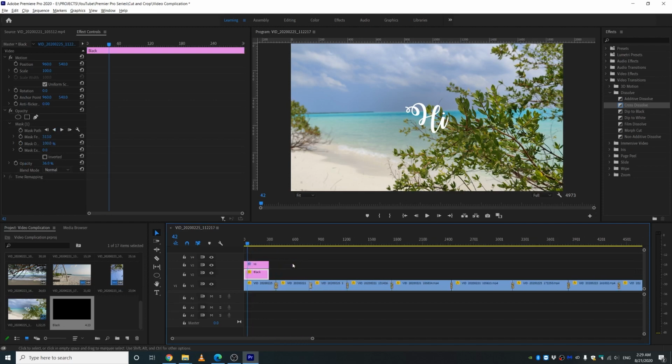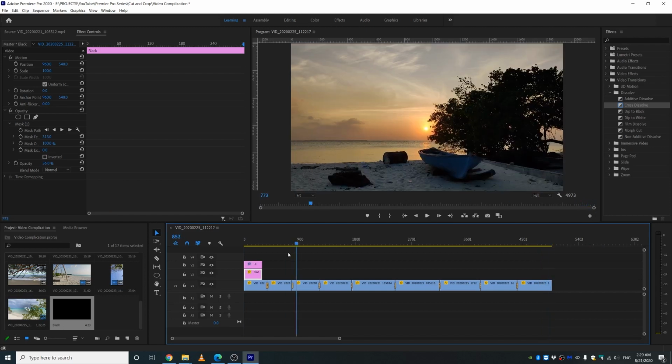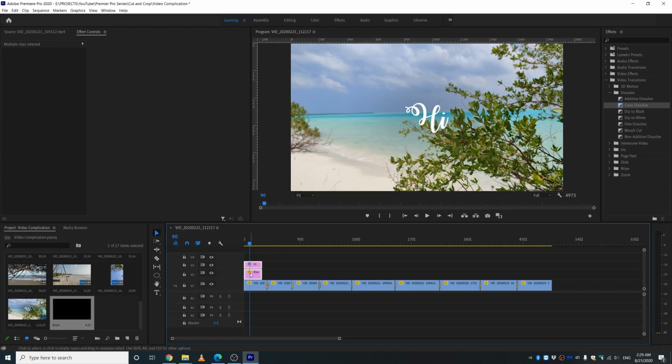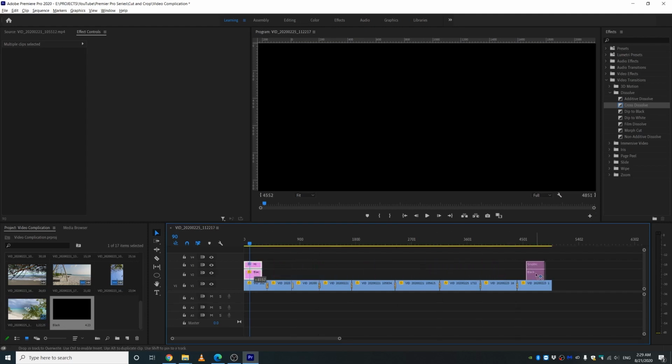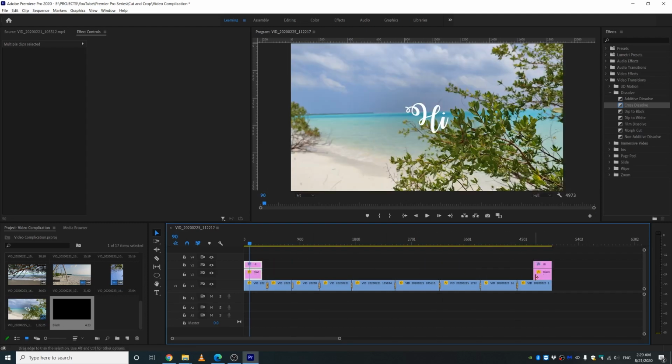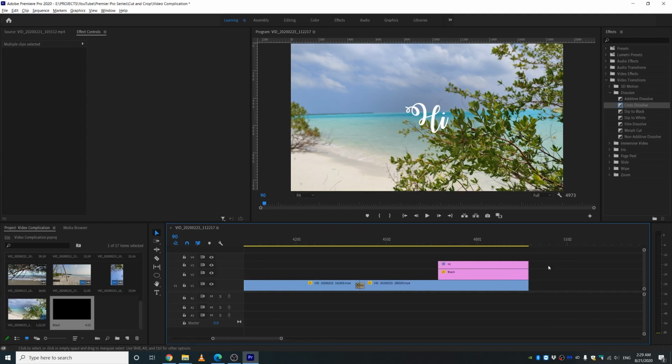Okay, so we're gonna do the same thing here as well. You don't have to do that from scratch. You can just copy these two layers, these two guys, select just like that, and press Alt key and drag it right at the end of the video. Zoom in here, I'm pressing Alt and scrolling up, and let's